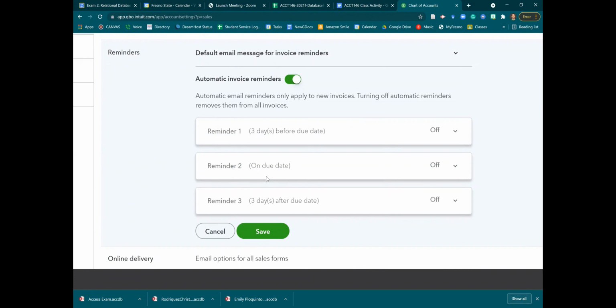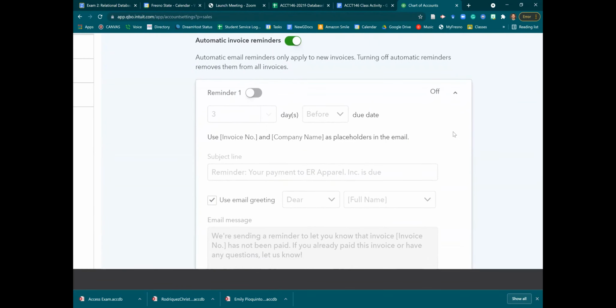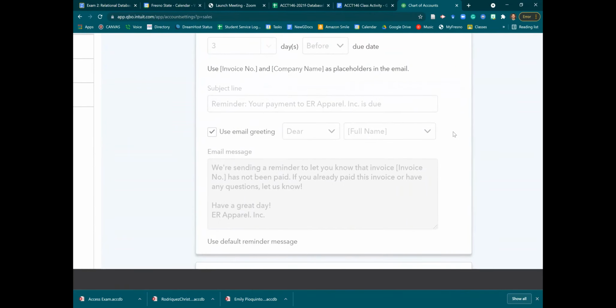Right now I have it off. You're not going to need it for the exercise, but I think it's important that you know how to set them up. Right, so 3 days before the due date, you tell somebody,